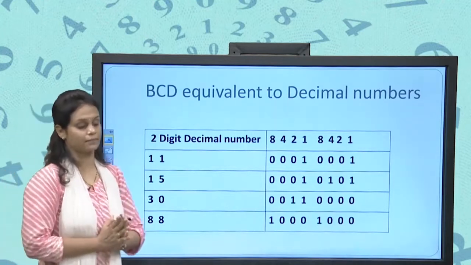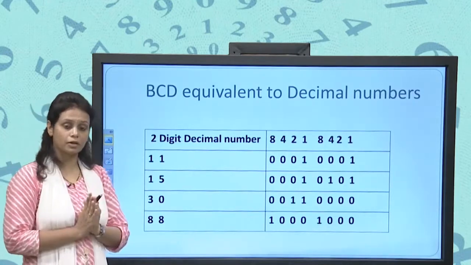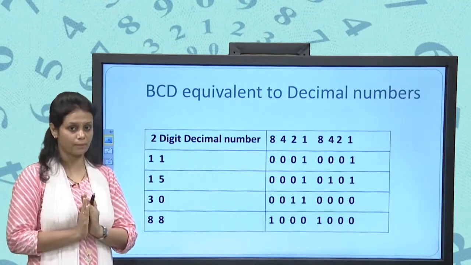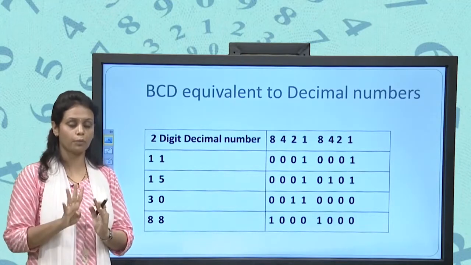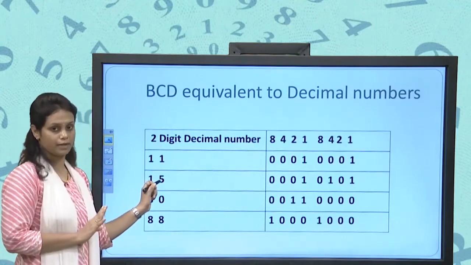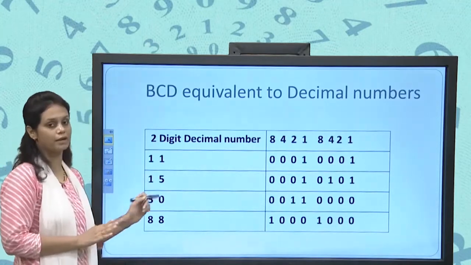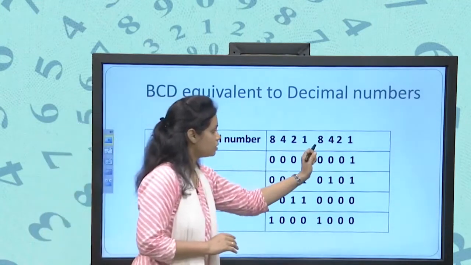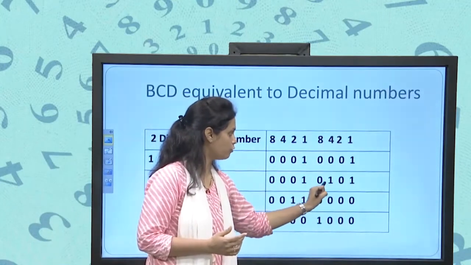Now we will see what happens when we convert this 15 to binary coded decimal, okay. Again we have to use a 4-bit number for each and every digit. To represent the 5 we have to use 4 bits, and for representing the 1 we have to use 4 bits. So what will we do? We first display the 5. How will we display the 5? We turn on the 4 and the 1. 4 plus 1 is 5.